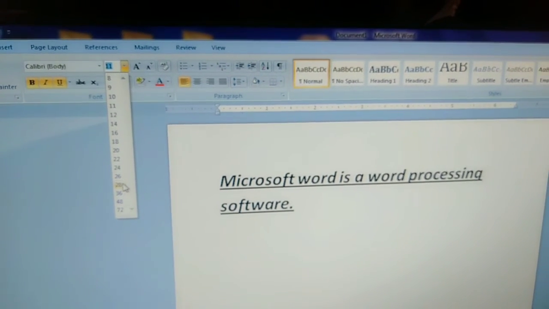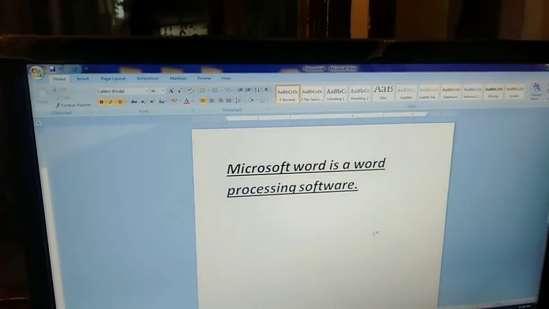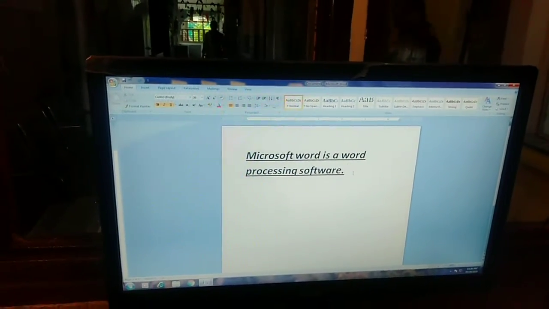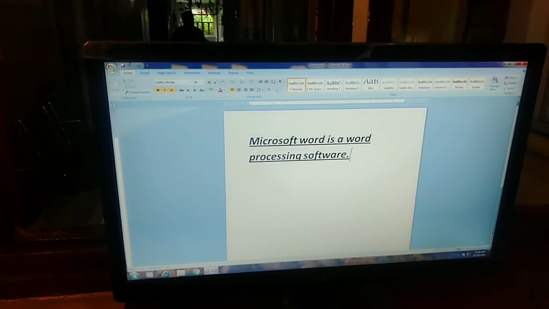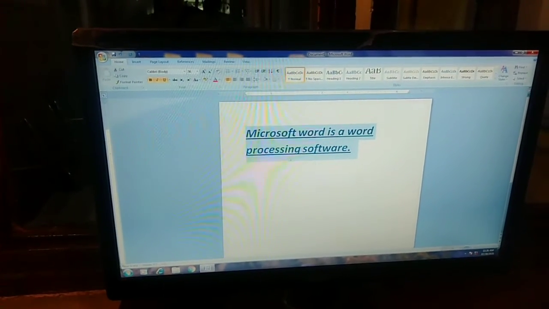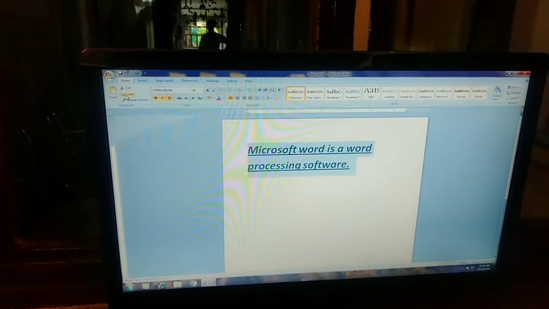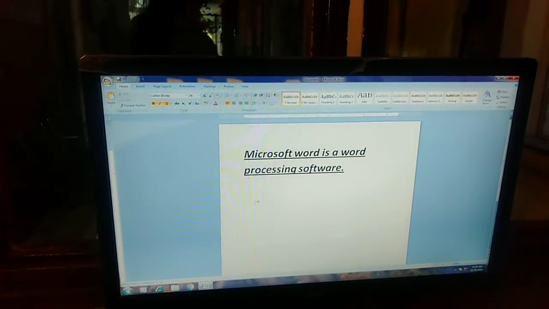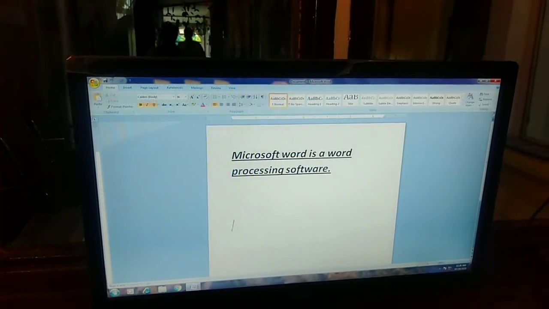These are the basic things that we do in our MS Word. Now, I'll tell you how to copy and paste any kind of document. See, once again, for performing any kind of option, we have to select the text. I have selected. Now, we can copy it by using the copy command from here. And once it is copied, I can paste anywhere. We have to select the area where we want to paste. Just see.